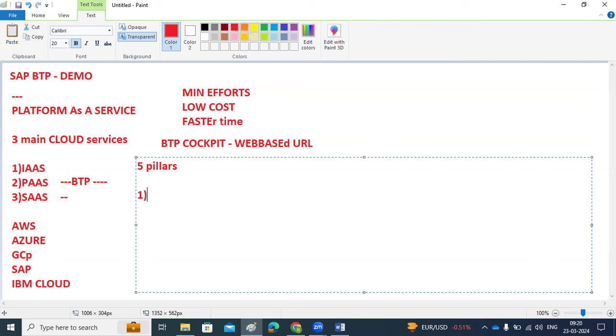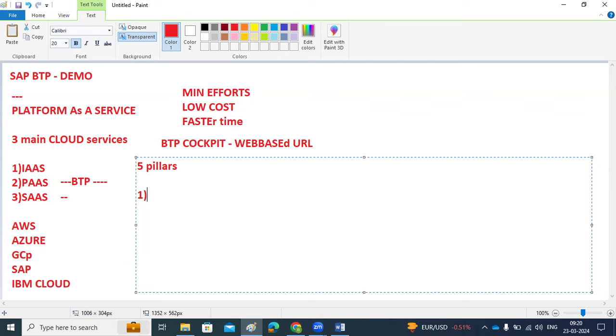All the services, technologies and tools have been categorized. For example, if we go to the service marketplace, the software download center, or the installation area, all the software is categorized alphabetically, A, B, C, D, something like that. In the same way, in BTP they have categorized their services and solutions